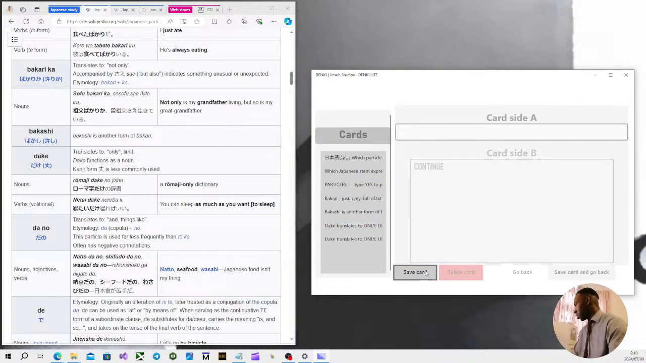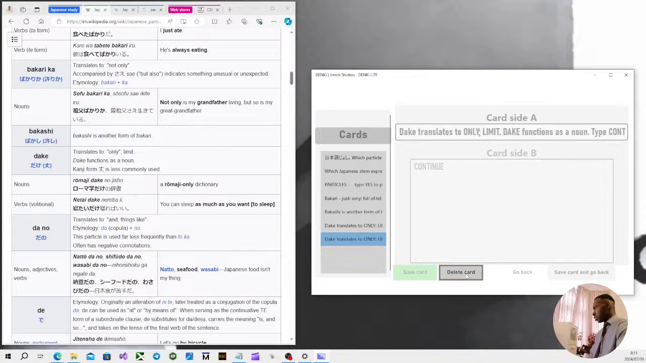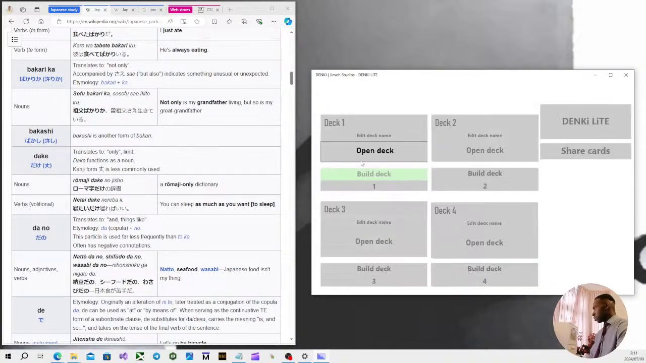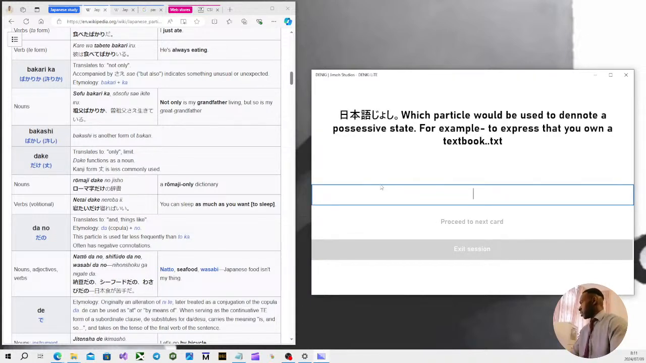Let me just have a look there. Oh, I saved it twice. Whoops. Which is actually quite good that I did that. So I'm going to demonstrate the delete function. I saved the card twice. I'm going to highlight the card I want to delete, hit delete, card delete. It's simple as that. I'm going to go back. Alright, so